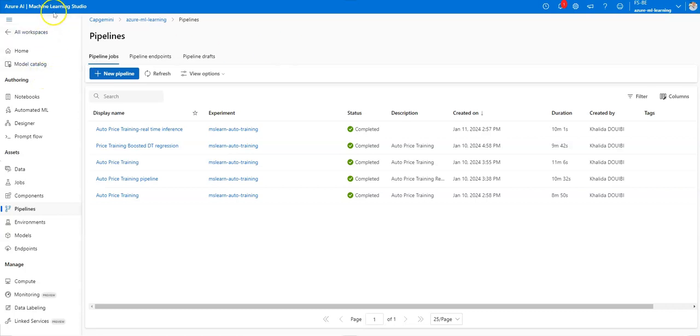So here you can see on your left your workspace. You can see some model catalog, some machine learning algorithms that you can use. Here you can create some automated ML pipeline. In the designer, we'll see in just a few minutes how to use it to create a pipeline end to end, from how to load the data, how to transform it using Azure, and how to predict and to